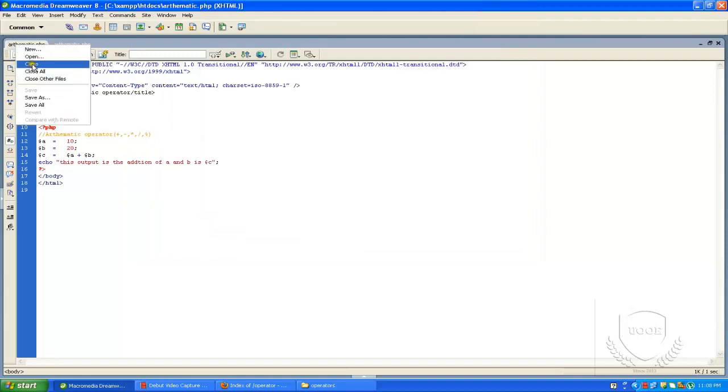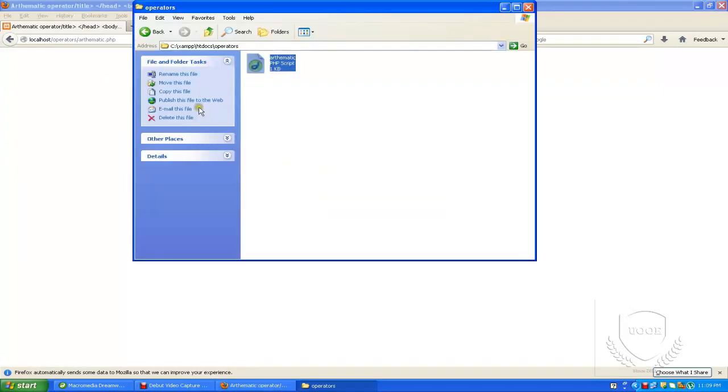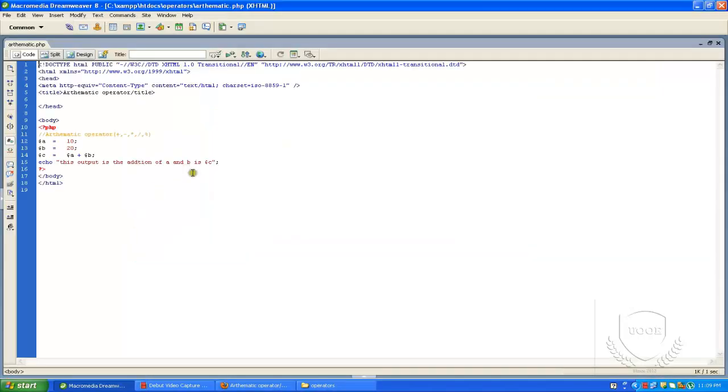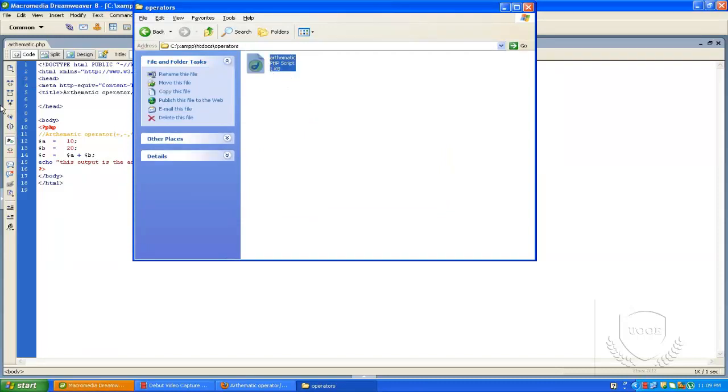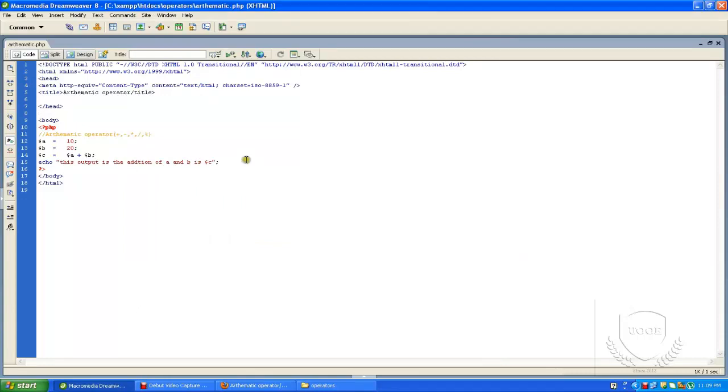So I created one arithmetic operator addition. Plus is used to add two variables. I saved that arithmetic operator file in the operators folder, so if I run this file, here it is, arithmetic.php.